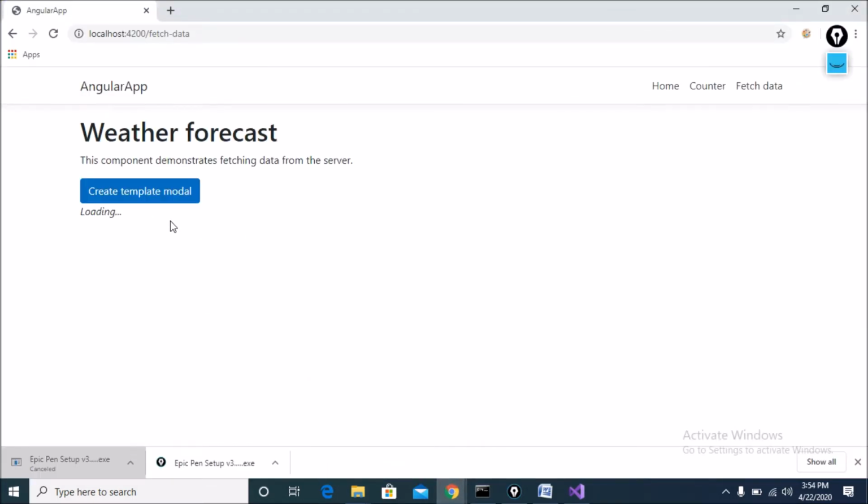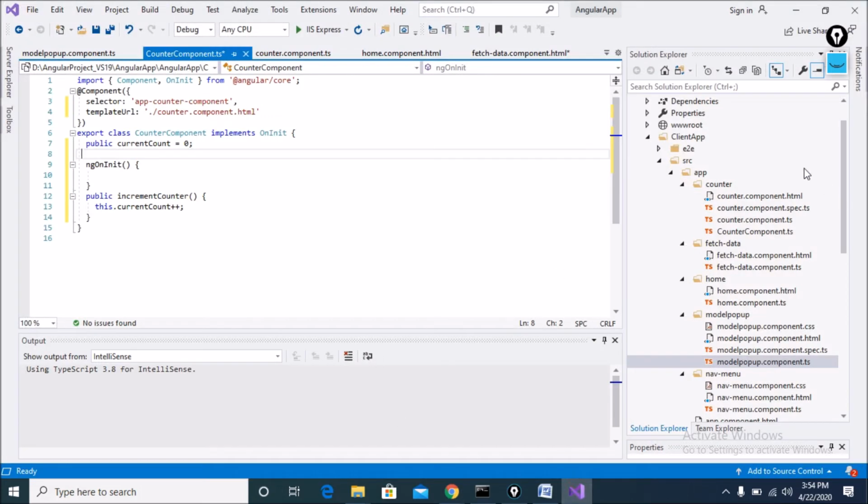Now I want to send a dynamic value from parent to child component. You can see here counter, fetch data, home: these are parent components, and model pop-up is a generic component and child component, sharing counter, fetch data and home component values on the model pop-up.